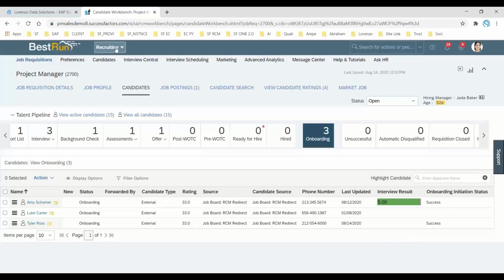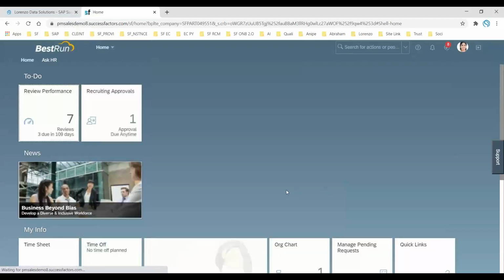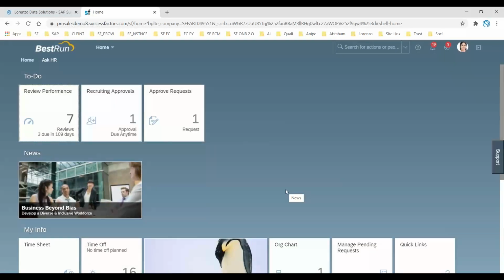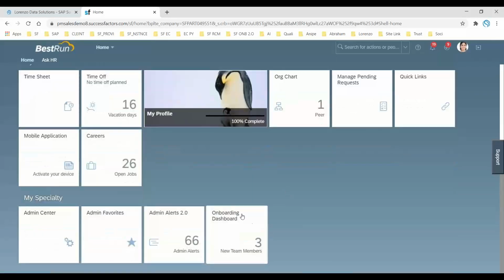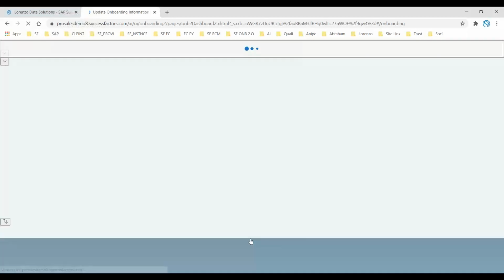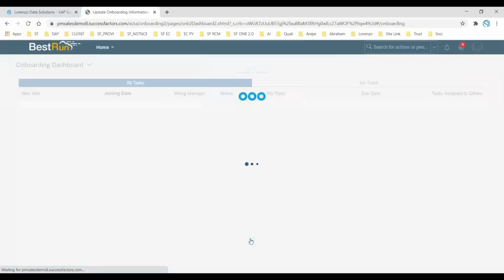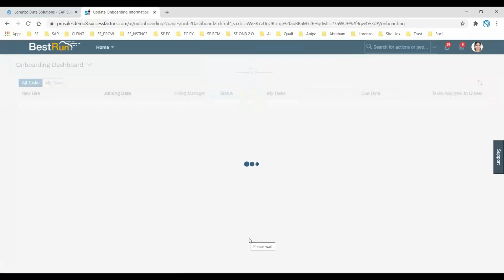So if you go back to the home page, as this particular admin, automatically you will see the onboarding tile displayed. Scroll down here and you can see there is an onboarding dashboard. If no onboarding candidates are initiated, you won't find that onboarding dashboard tile on the home page.